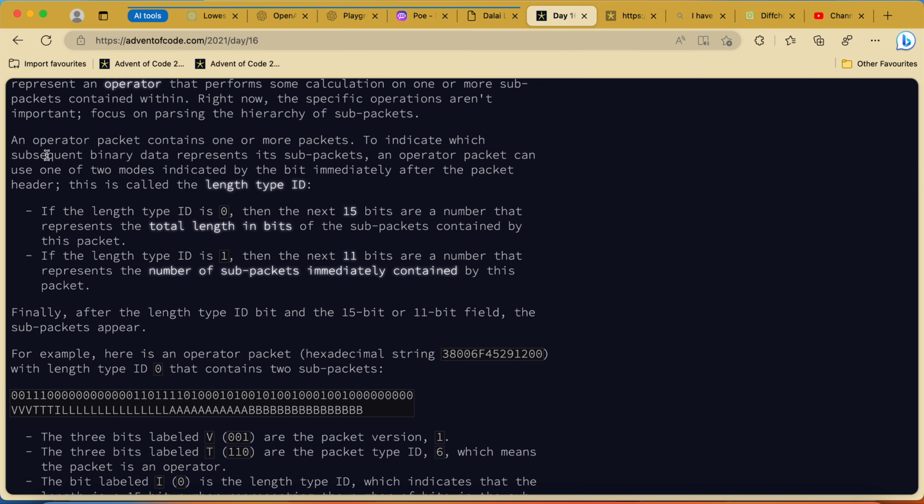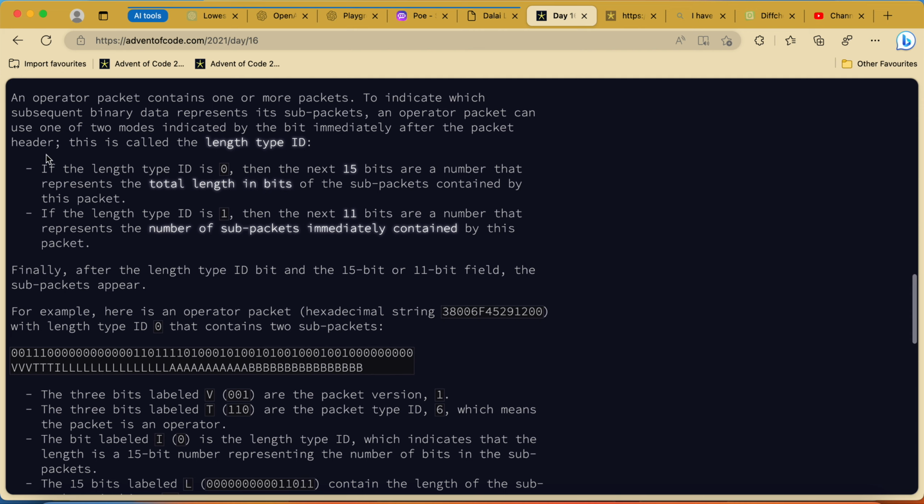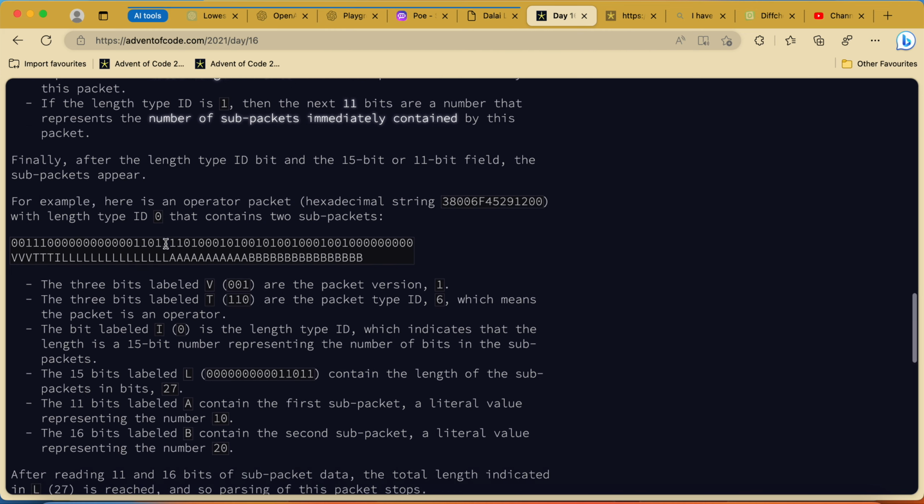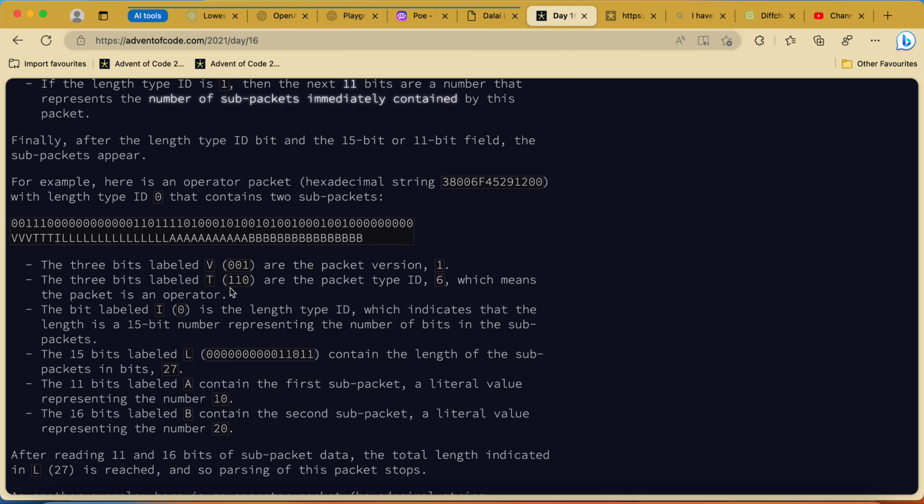Finally, after the length type ID bit and the 15 or 11 bit field, the sub-packets appear. For example, there is an operator packet string with length type ID 0 that contains two sub-packets.